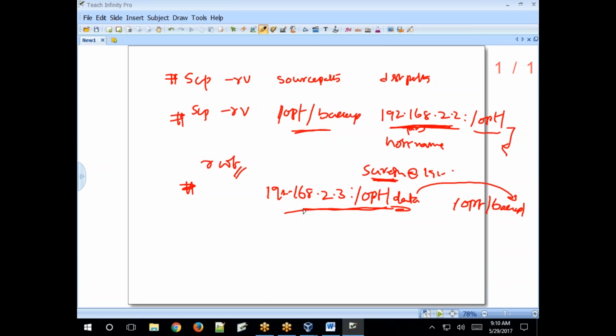Here again it will prompt for a password, the remote system password. What is that password? Root user by default. If you specify any username like Suresh@, then it will prompt for that user's password. Clear? Got it? Like this, so that is how to copy files from local to remote and remote to local.